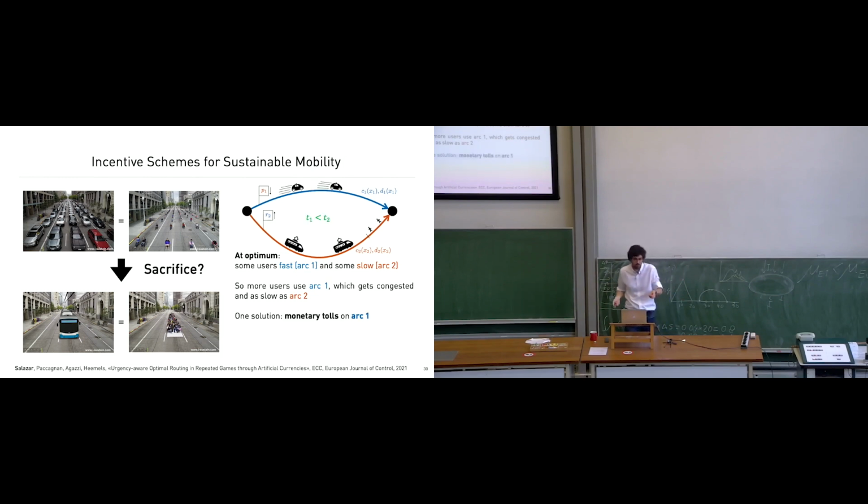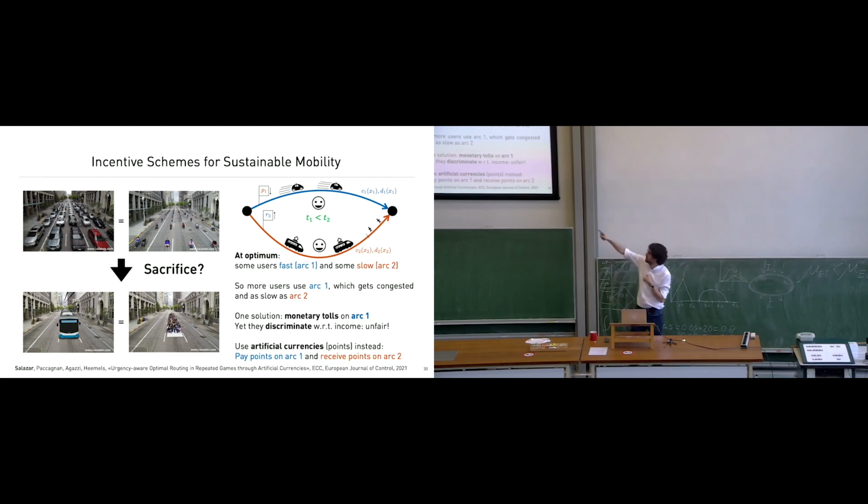Well, one way: you want to go fast, you pay. Money. Works like a charm. But it's discriminating. So what we do in our research is using artificial currencies. So we study problems where if you want to go fast, you pay. When you go slow, you kind of sacrifice for others. You receive points. This way, the system overall is faster on average. And when you need to go fast, you pay and you can go fast. When you're not in a rush, you receive the points and you go slow, and you have some kind of turn-taking mechanism, which is not random, but is actually based on your urgency. So you have a lot of control over it. And it's much better than the status quo where you don't do anything.